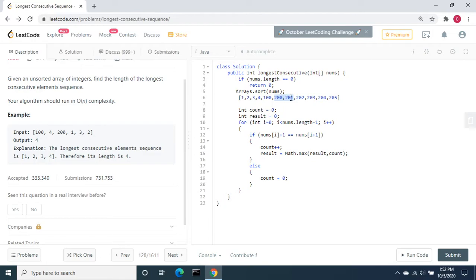If it is matching, then it will increment by 1, because we already reset from here. So it will be 1, and the next time 2, 3, 4, 5. Totally there are 5 elements which are consecutive. Then it will compare with the existing value, which is 4, and 5 will be stored here, because obviously we need to take the maximum count.